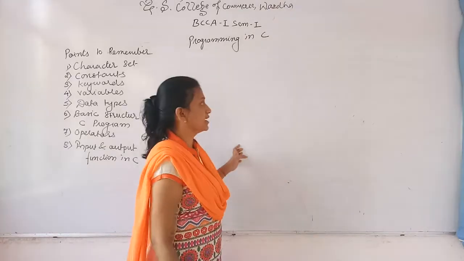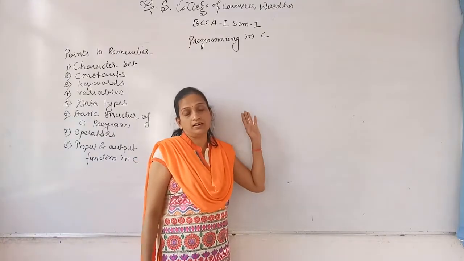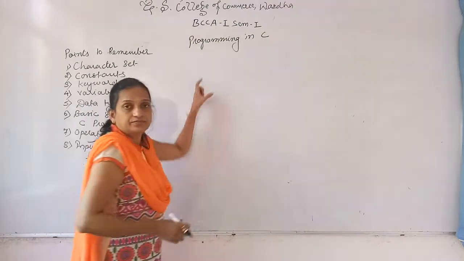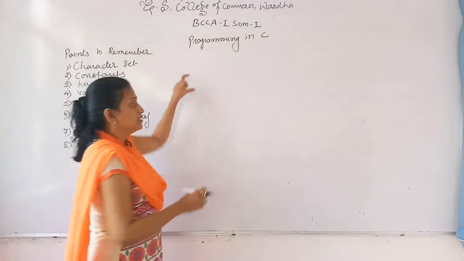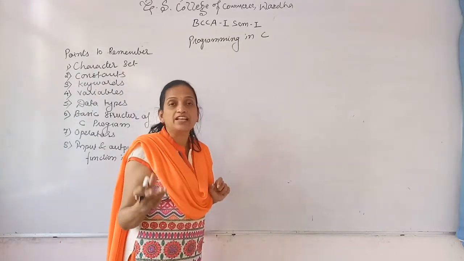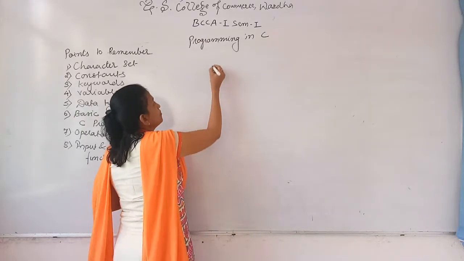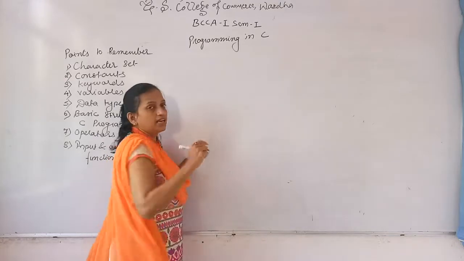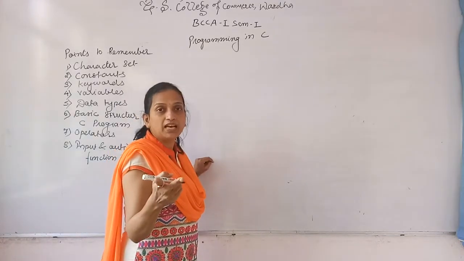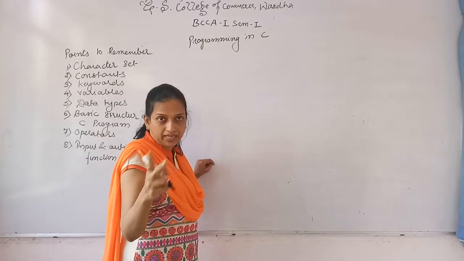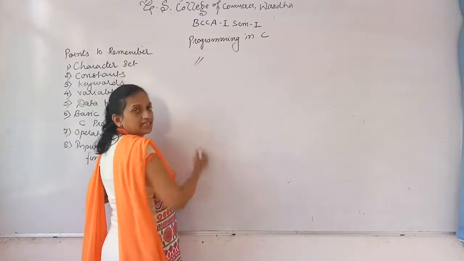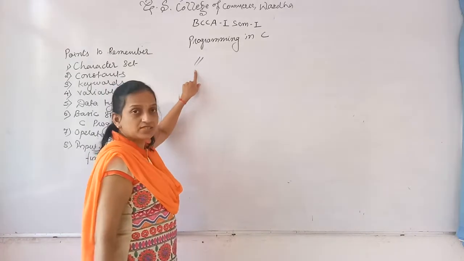Okay, now let's start. We are going to write a program for the addition of two numbers. So first, which is optional, is the comment line. Comment lines are of two types, multi-line comment and single line comment. If you are writing a single line comment, then you have to use this symbol.